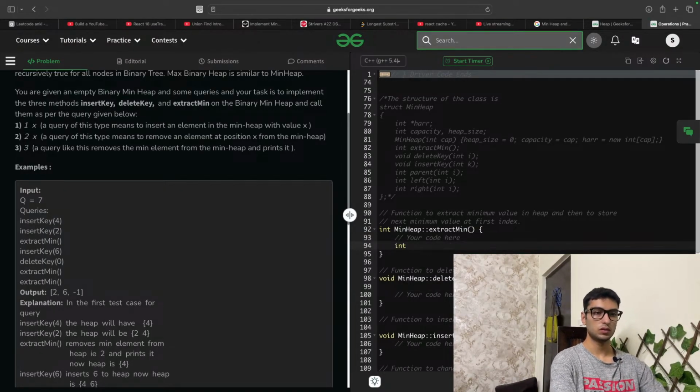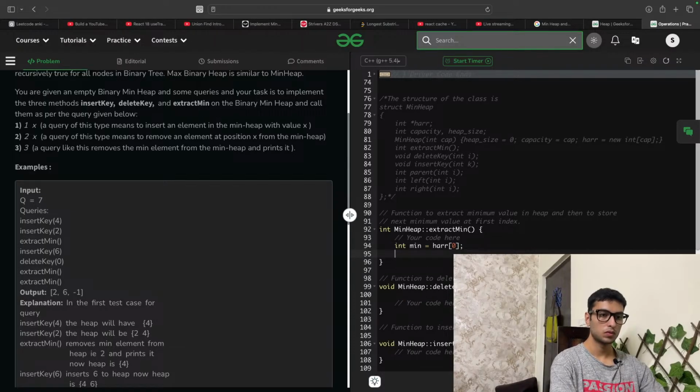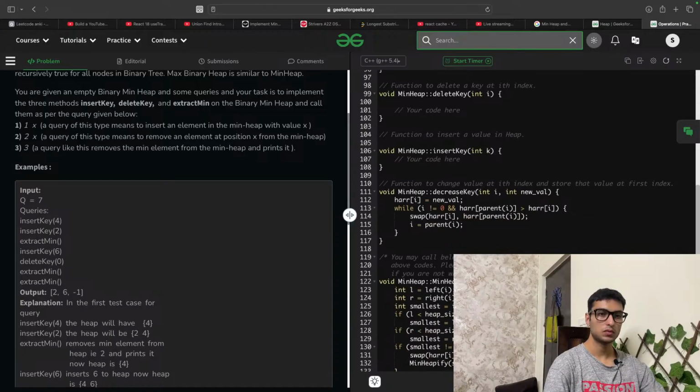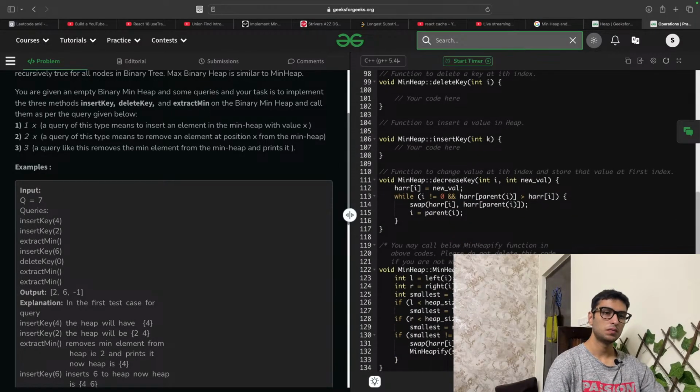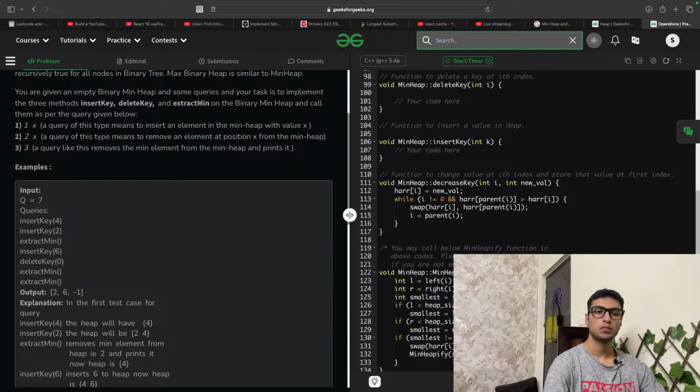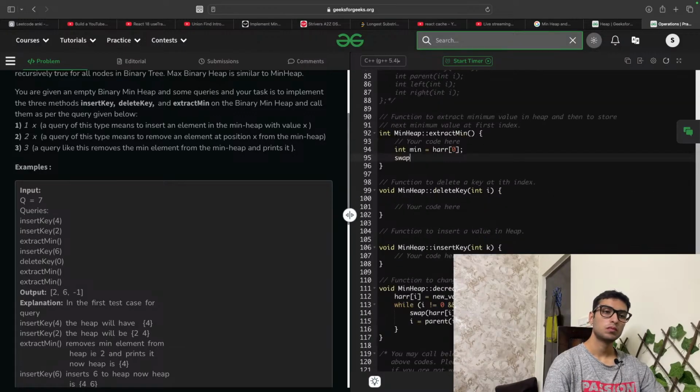So int min equals. Is there a swap function? No. Gotta do that on my own.